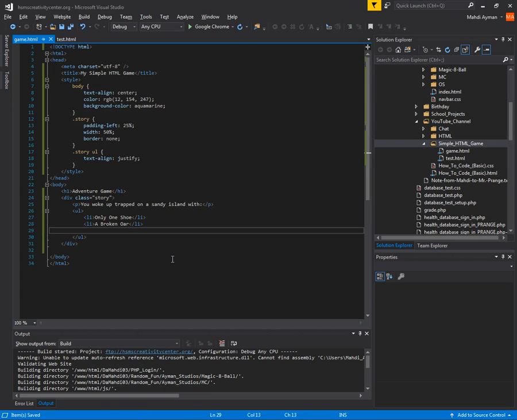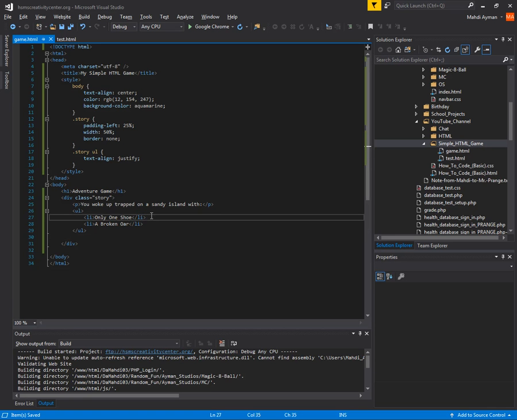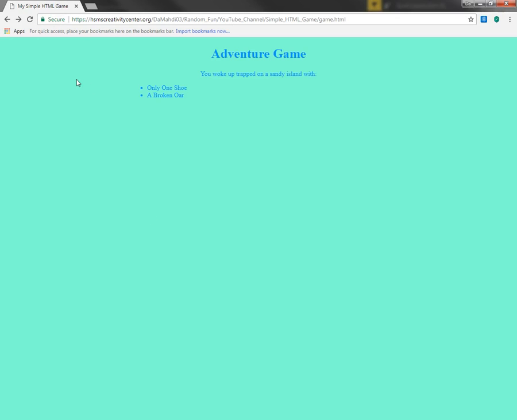Okay, so that's all they woke up with. Only 1 shoe and a broken oar. So now if I go ahead and save that, I have another list item right here. Now, I think that these are too close. The way I can break them up is by using a line break. Now, a line break means